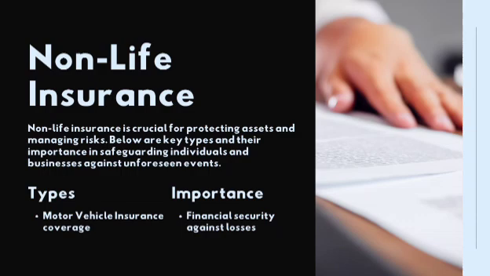We are still under types of insurance. Remember we talked about the first one, that was life insurance. Life insurance is basically two: we have the whole life and we have the endowment. Now, moving on, we have what we call non-life insurance. Non-life insurance is the next one that we're going to be talking about. Now, what actually is non-life insurance?